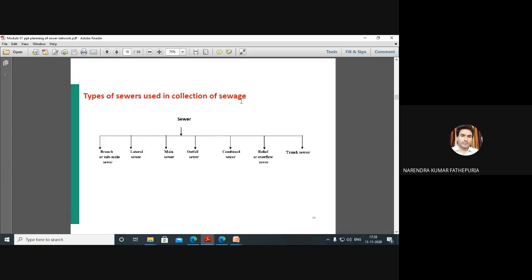Types of sewers used in collection of the sewage. These are the branch sewers, the submain sewers, lateral sewers, main sewers, outfall sewers, combined sewer, relief and overflow sewer, and trunk sewer. What is happening? Branch and submain sewers are connected with the laterals, the laterals are connected to the main sewers, and main sewers are connected to the trunk sewers, and trunk sewers are connected to the